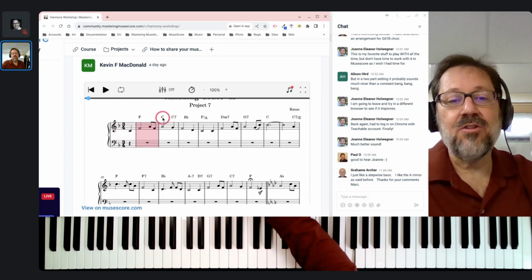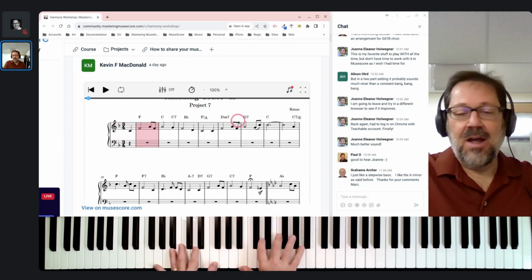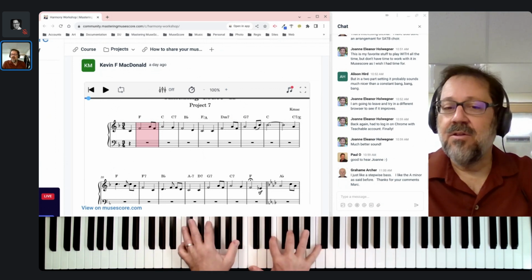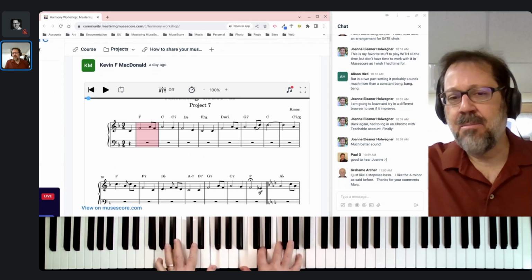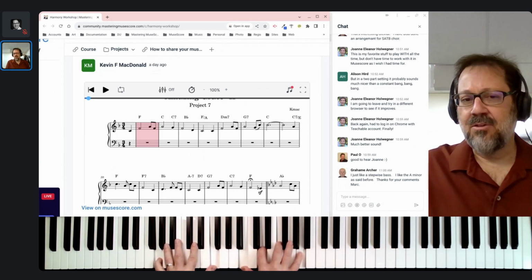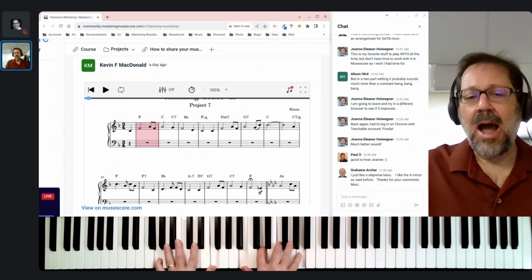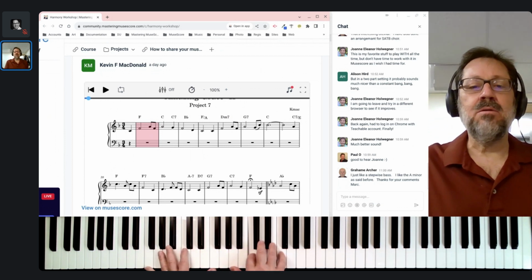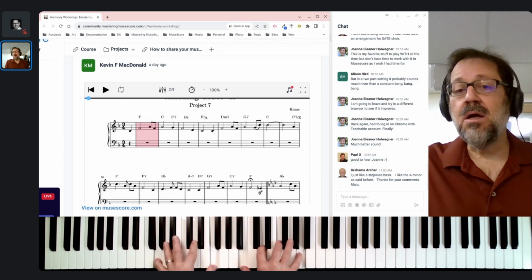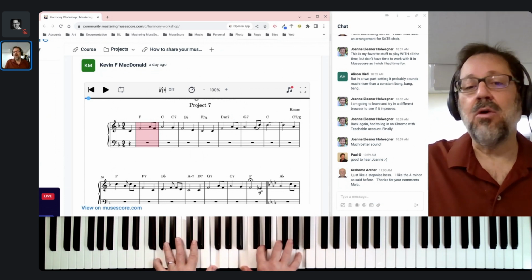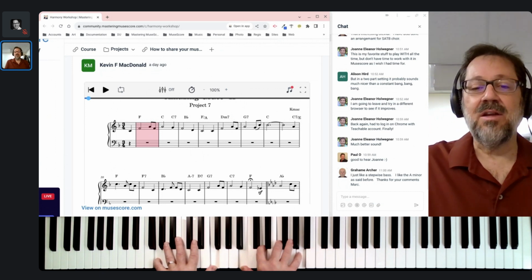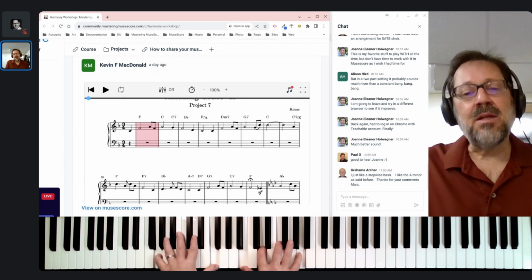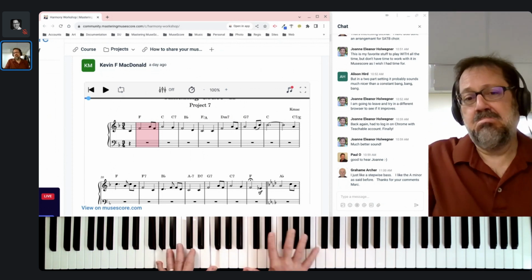So this is all really good. It's using mostly diatonic chords, but he's got that nice dominant 2. We're in the key of F, so dominant 2 to 5. And this is a case where the melody note over that dominant 2 here is the 9th of the chord. And I'm going to say that that's probably the most common chord that you will hear over that. You often will hear that chord there. It's not the only chord that's possible. I'm going to try something different in a second, but it's a very common chord to use right there. And that 9th in the melody comes down to the root and goes to 5.